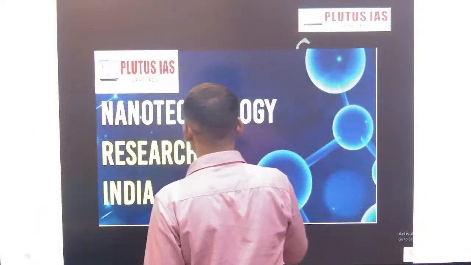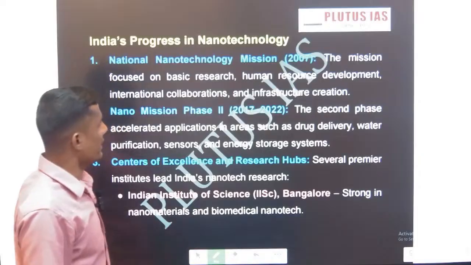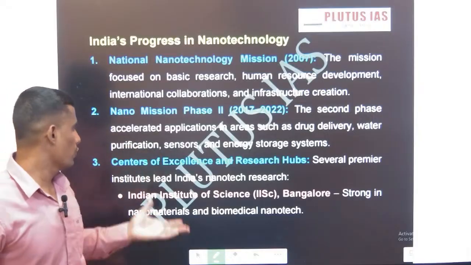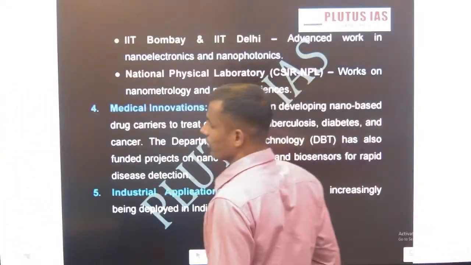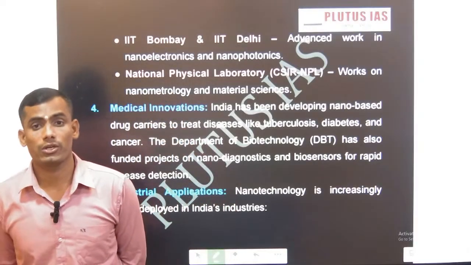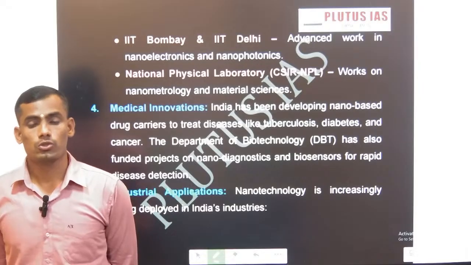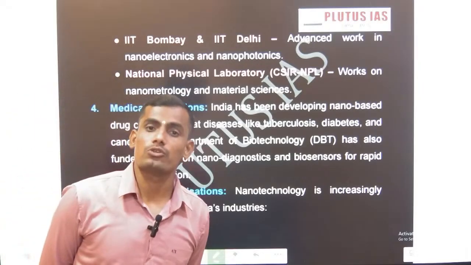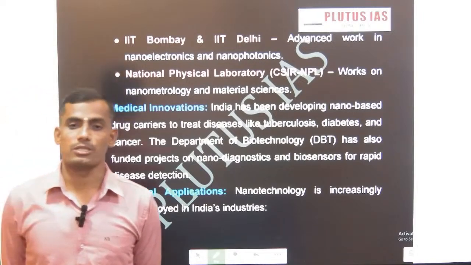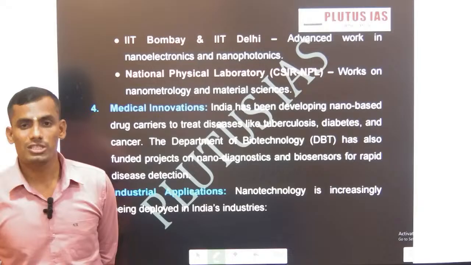Now, what exactly are the steps taken by the Government of India? India has launched the National Nanotechnology Mission, which aims to develop nanotechnology. The Nanotechnology Mission Phase 2, then the centres of excellence for nanotechnology. Even the government has launched the National Research Foundation Fund, which majorly focuses on emerging technologies like nanotechnology, biotechnology and space technology. So these are the government supports. Even the government is collaborating with international organizations like NASA and the European Space Agency to support and develop nanotechnology. Even the CSIR,